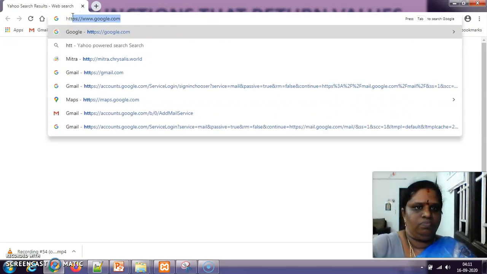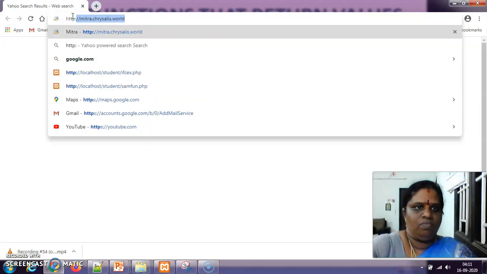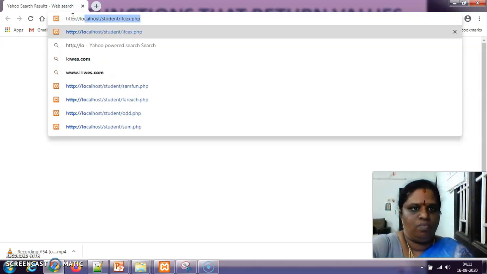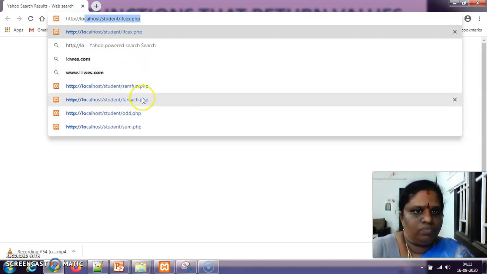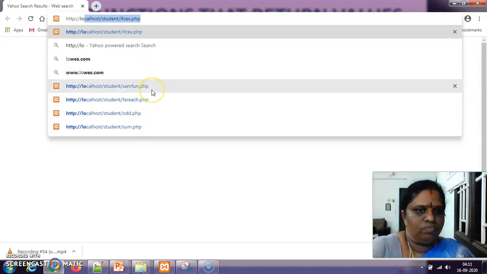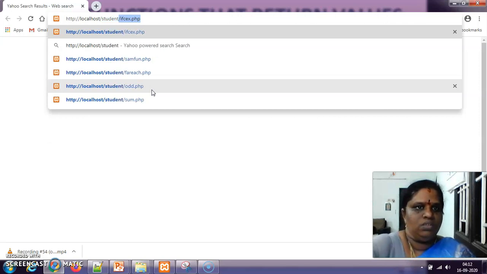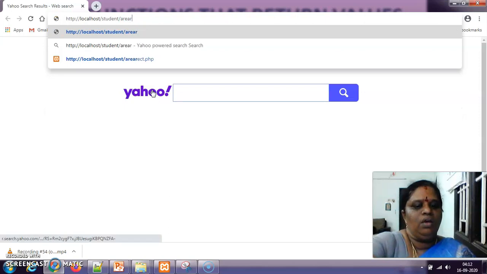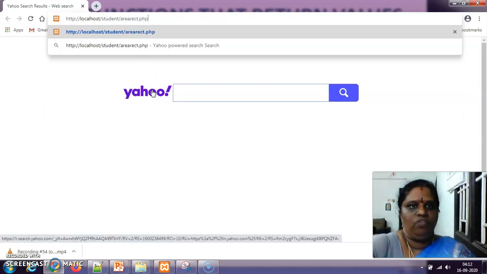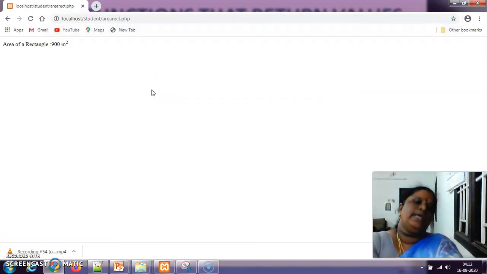HTTP, localhost, student, AreaRect.php. See the answer. Area of a rectangle for 45 into 20 is 900 meters square.